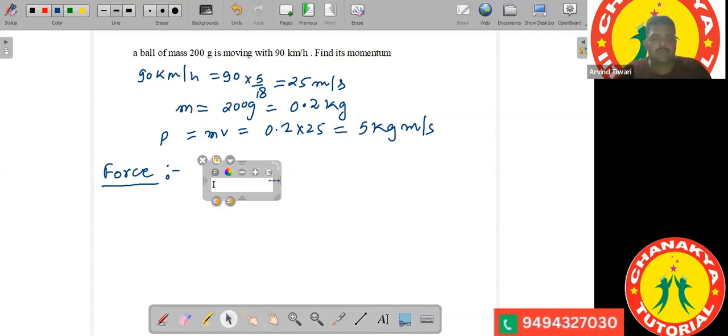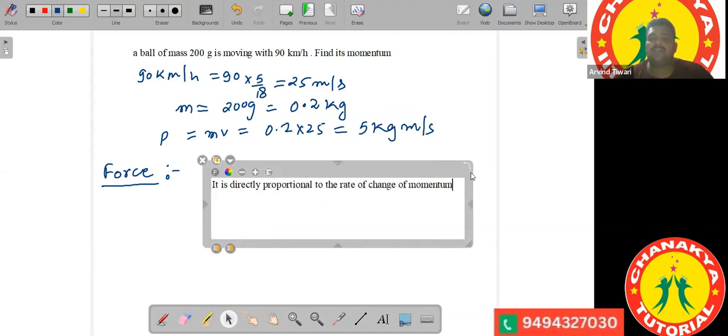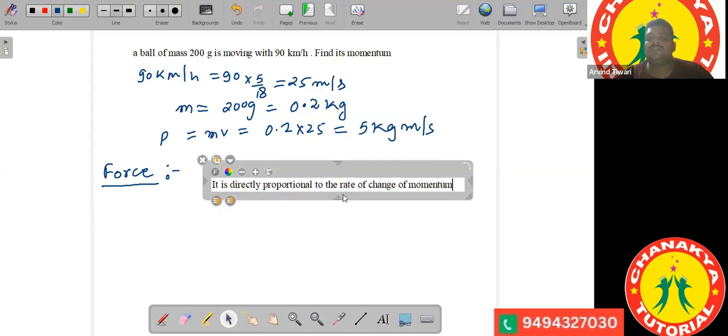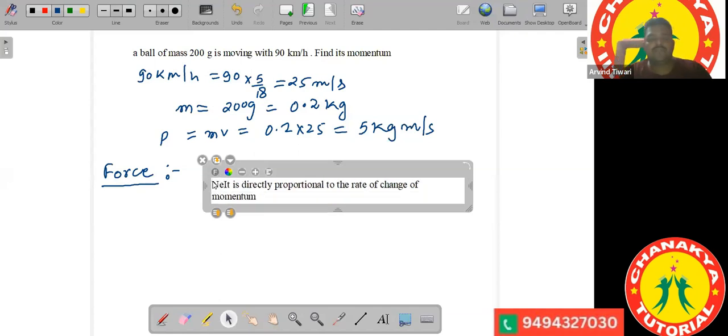So force is directly proportional to the rate of change of momentum. The force acting on an object, or the net force acting on an object, is directly proportional to the rate of change of momentum. This is called your second law of motion. So we also call it the second law of motion, that the net force acting on an object is directly proportional